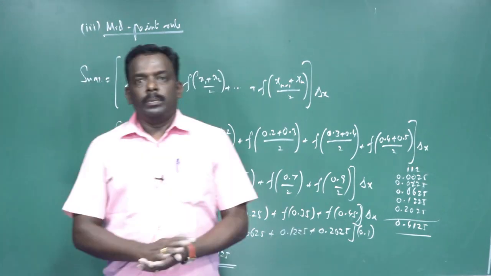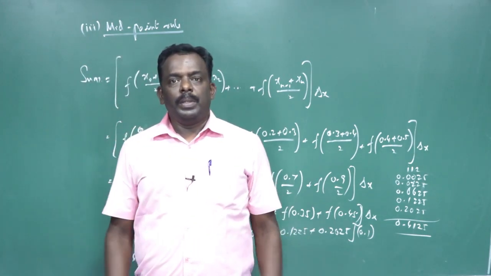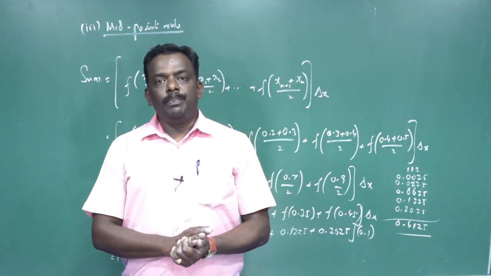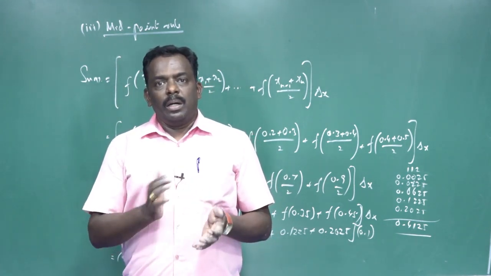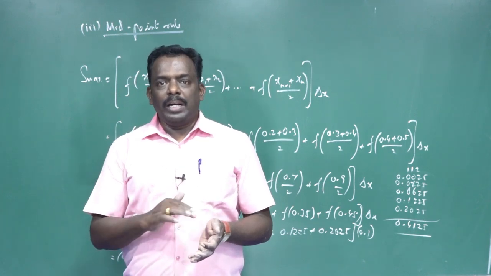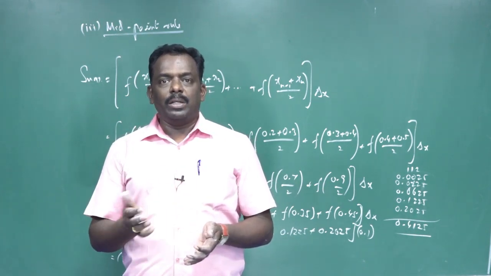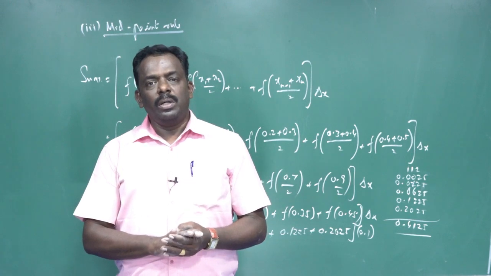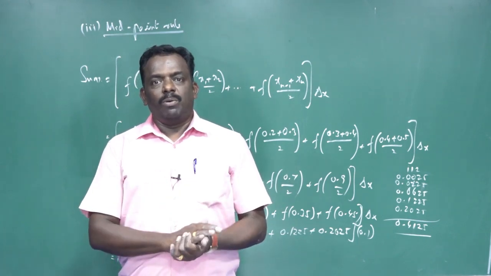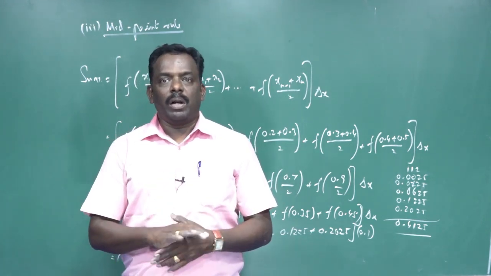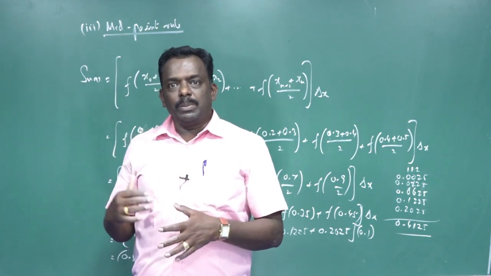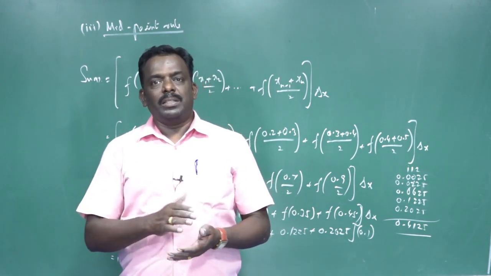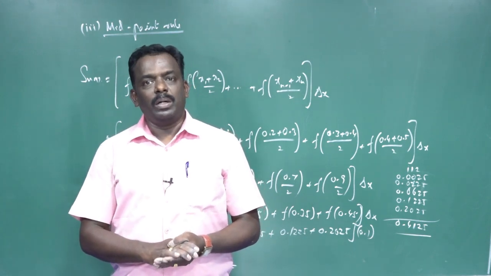Dear student, exercise number 9.1. By using this Riemann integral, the left hand rule, right hand rule and midpoint rule, applying these three rules to find out the definite integral, which is called the Riemann integral, in exercise number 9.1. The only one model sum in exercise number 9.1, try it as homework. Thank you.